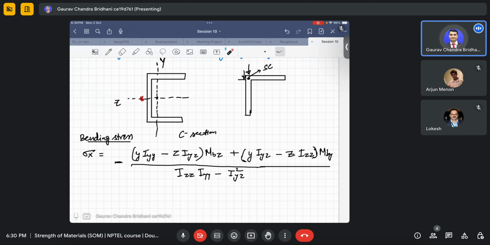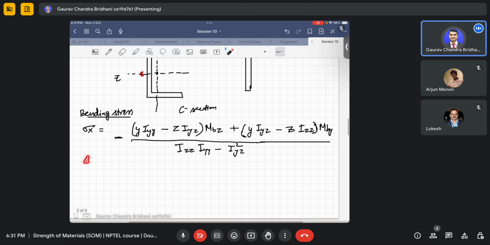So if you look at this formula, it will give you an overview. Whichever way you want to use it, if you put in the values accordingly, you will get the results. Now if you reduce this formula for symmetrical bending,